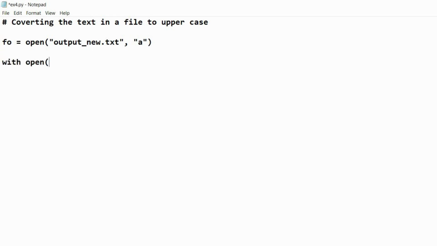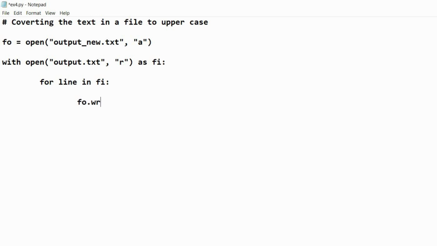Then I am using the with keyword and opening the output.txt file in read mode, which is already available, where the file object for this output.txt file is f5. After opening that text file, I am running a for loop to access each line in the output.txt file.